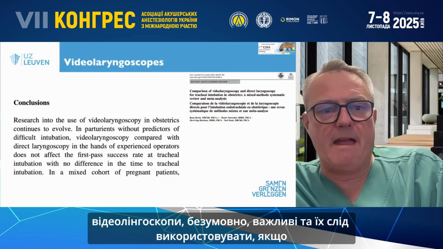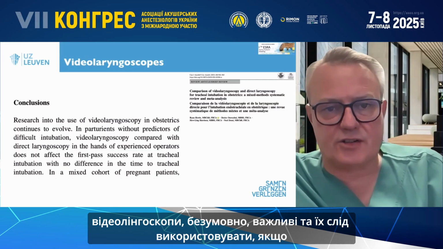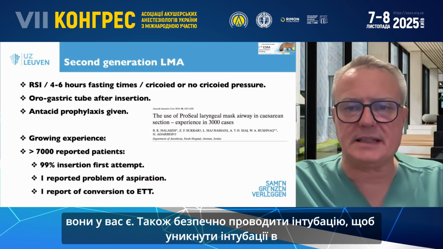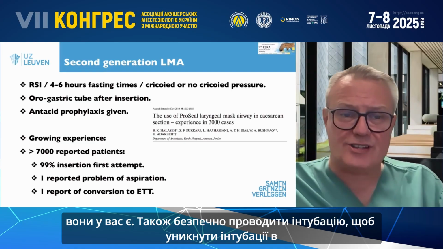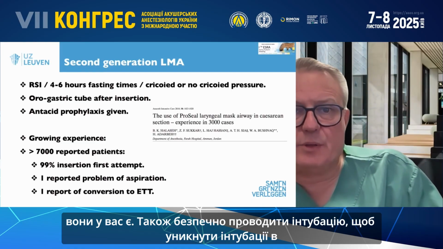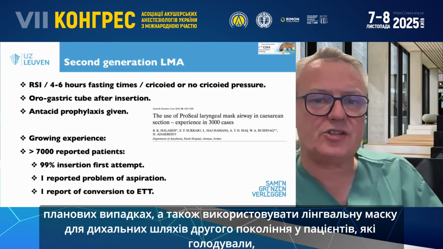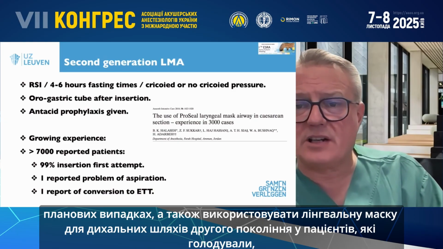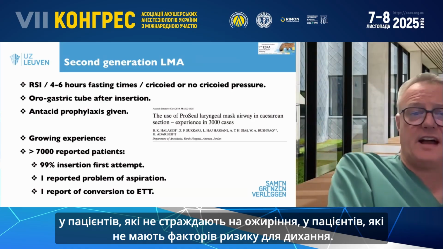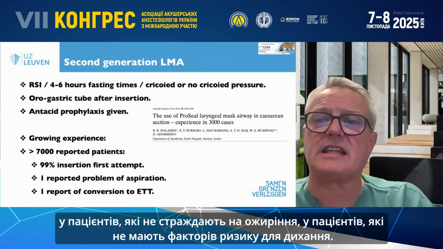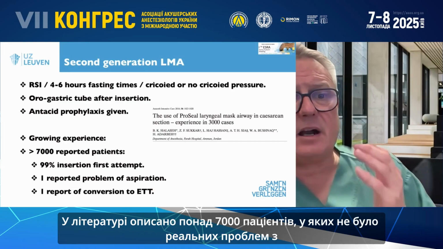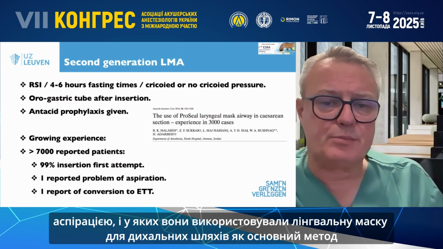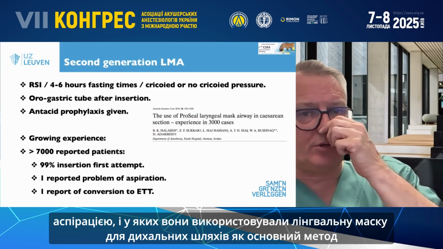So conclusions. Video laryngoscopes are certainly important and should be used if, of course, you have the availability of them. It is also safe to avoid intubation in elective cases, and to use a second-generation laryngeal mask airway. In patients that have fasted, in patients that are not obese, in patients that have no risk factors for aspiration. There are more than 7,000 reported patients in literature where there's been no real problem with aspiration, and where they